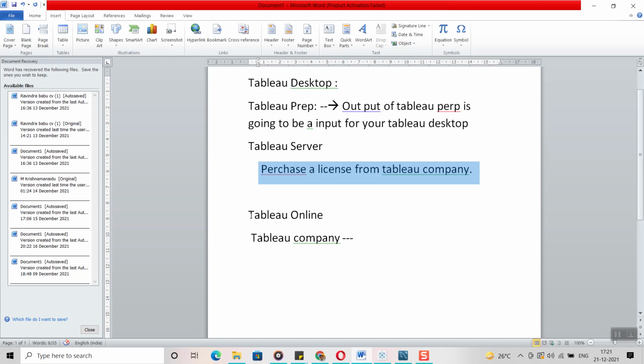And if Tableau Online, everything is maintained by the Tableau company, and we just use the product. Okay, this is the difference. Do you have any doubts on Tableau Server and Tableau Online?